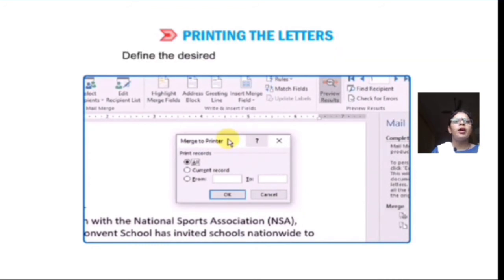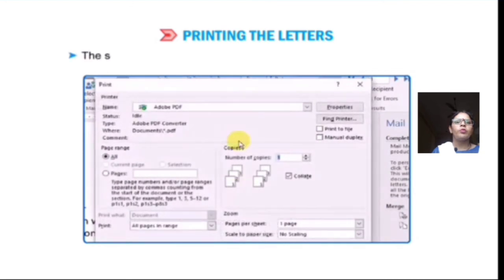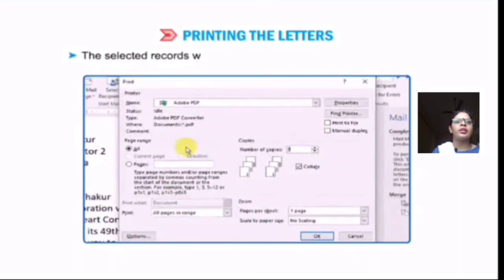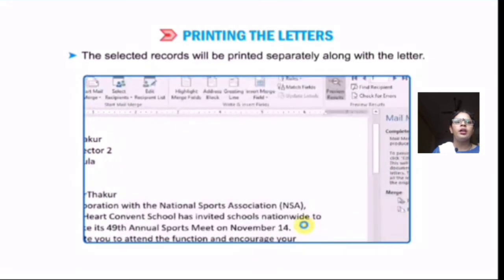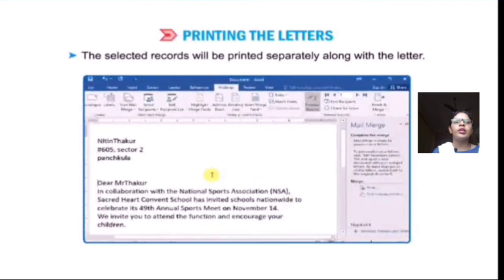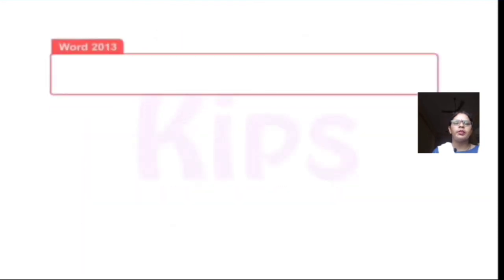Define the desired print settings and click on OK. When you click OK, the selected records will be printed separately along with the letter. You can see in this image, then our letter will be prepared.